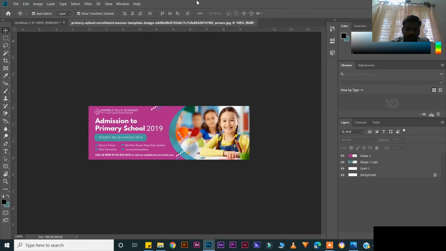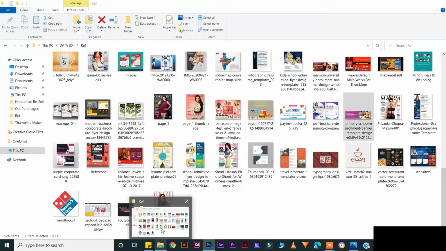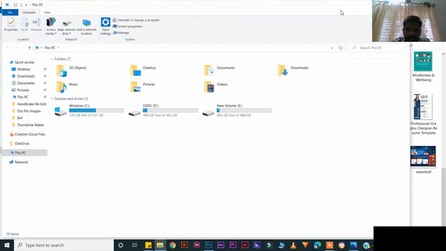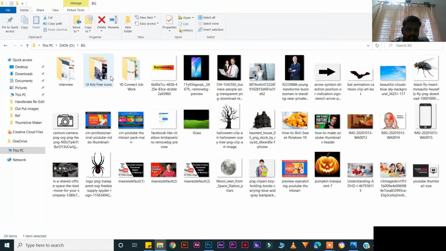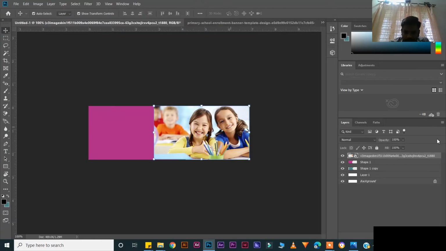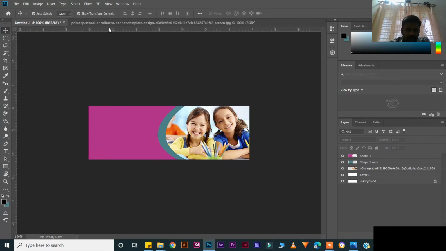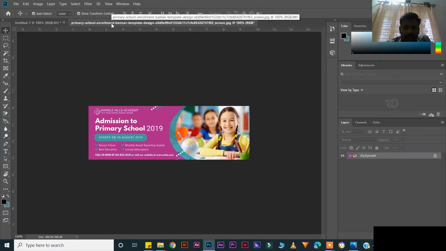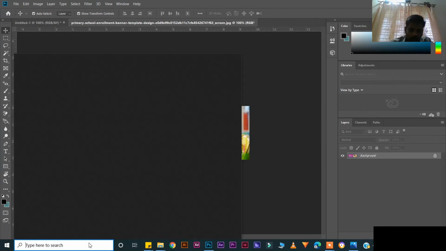Now we have to bring one image like this. Now go to your My Computer, double click, go to your D drive, DG, take any one reference image, put it here, bring it down, rasterize the layer. Now scale it a little. See, like this we will do banners in Adobe Photoshop CC 2019. Now copy all the text from here, open Notepad,